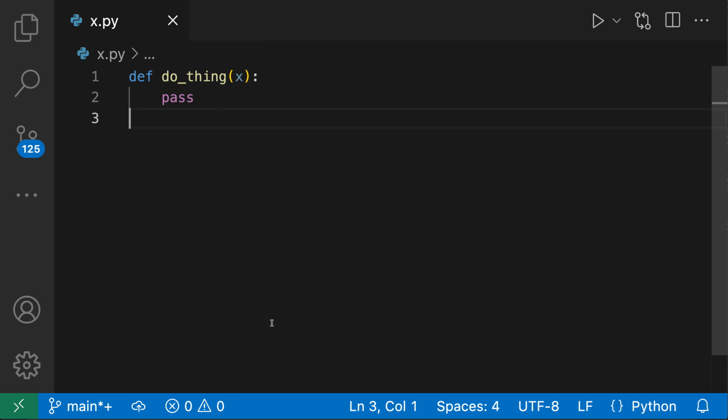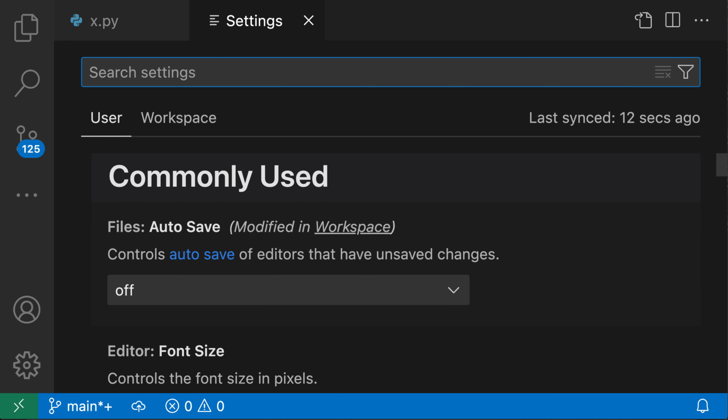So first off, we have to make sure that automatic indentation is enabled, and it is controlled by the format on type setting in VS Code. So we'll open up the settings with Control comma or Command comma on Mac, and we're going to search for